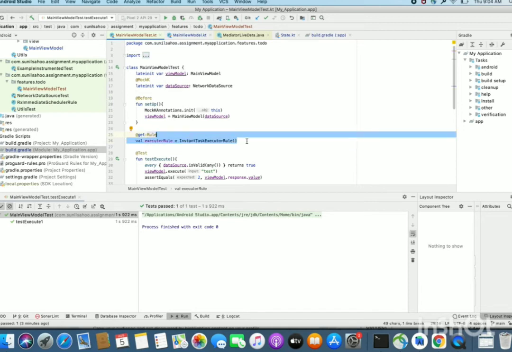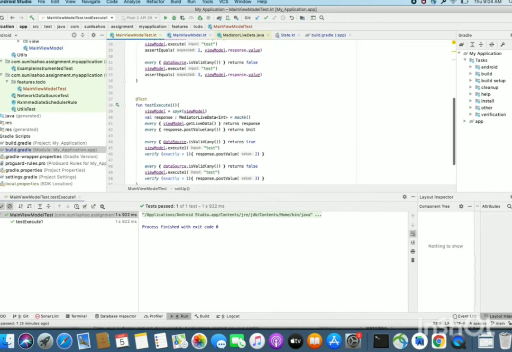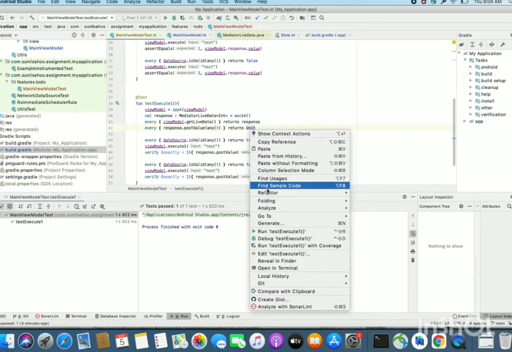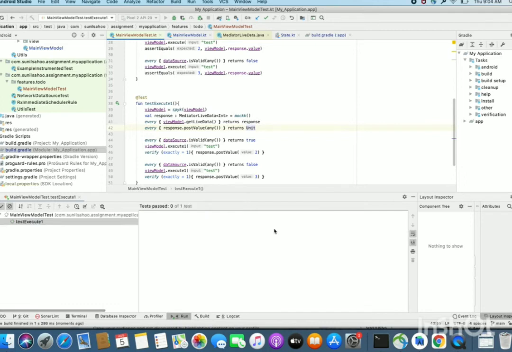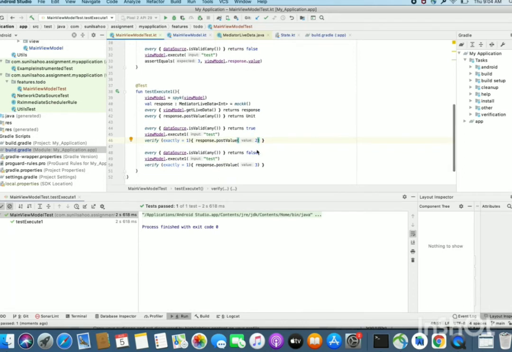So let's delete this line. Now run this test, execute one. Yeah, it got executed. Here in success we are verifying that the post value method gets called on that live data which has the value as 2.